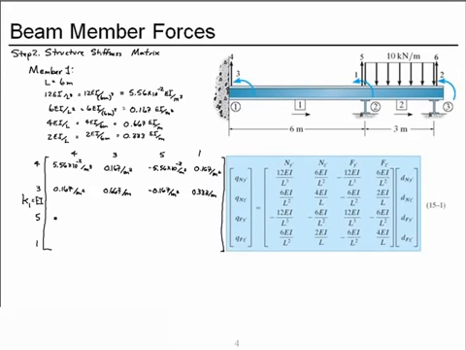Then in our next row, minus the 12 EI over L cubed, 10 to the minus 2 over meter cubed,